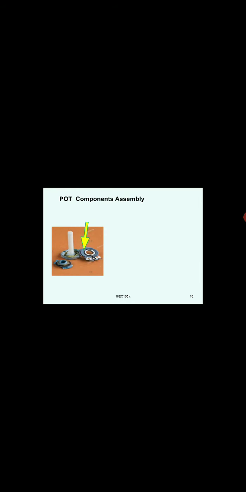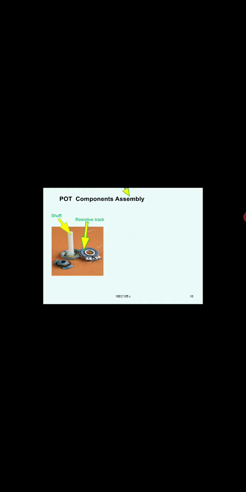That is a carbon track, the yellow arrow showing you that is resistance of course. Then you have a shaft, the white one, to which we will be normally attaching a knob,